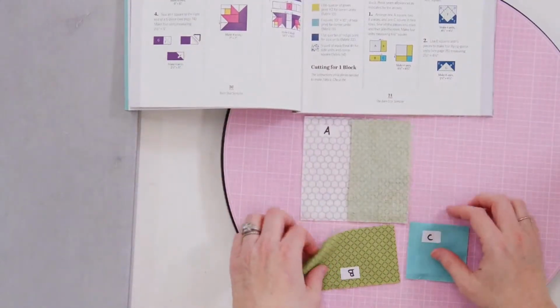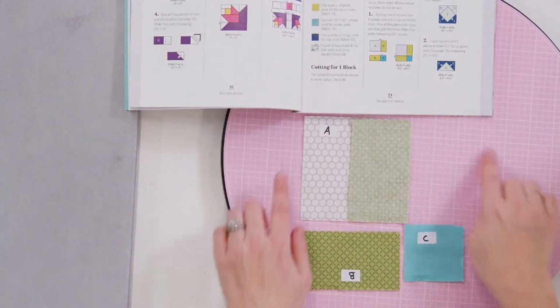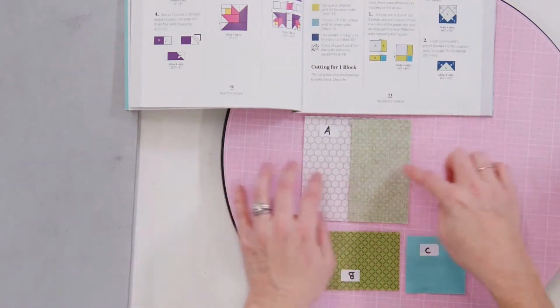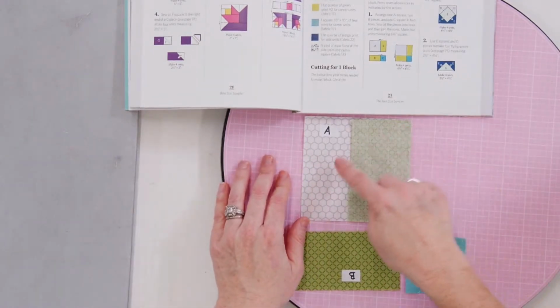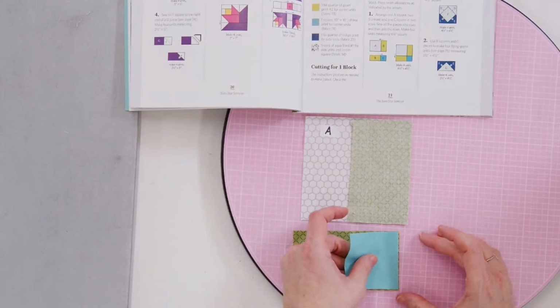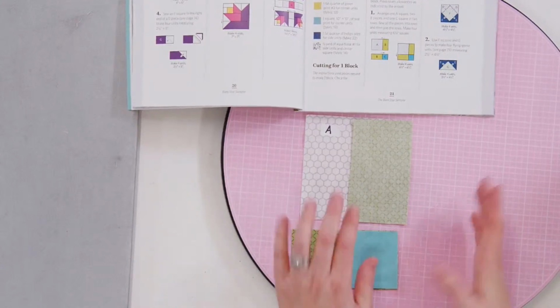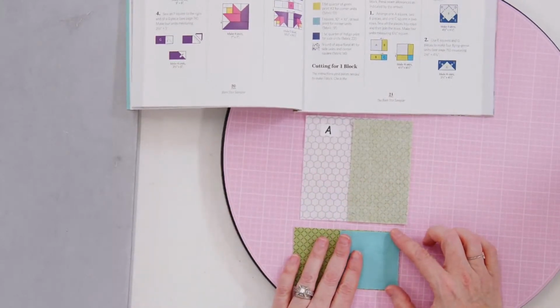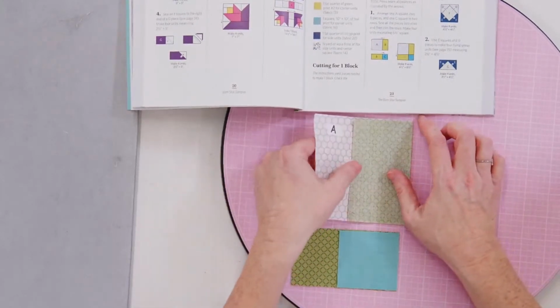That this is all going to go together to make one unit in the end. But we have to start with the building blocks. So B is going right sides together on A, and then this is going to go right sides together here. And if you do that for all 8, then you can come ahead and chain piece these